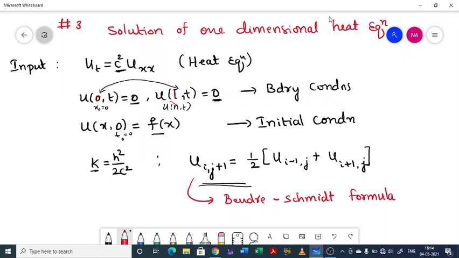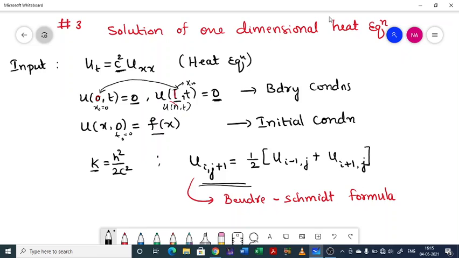From this you can observe that these are the end points of x. This will be x naught. Generally x naught equals 0, but it is not true that x naught equals 0 always. So this will be x naught and this will be xn, the last point. And the initial condition u of x comma 0 equal to f of x. From this you can observe that t naught equals 0. So generally x naught and t naught are 0, and xn is given a value.